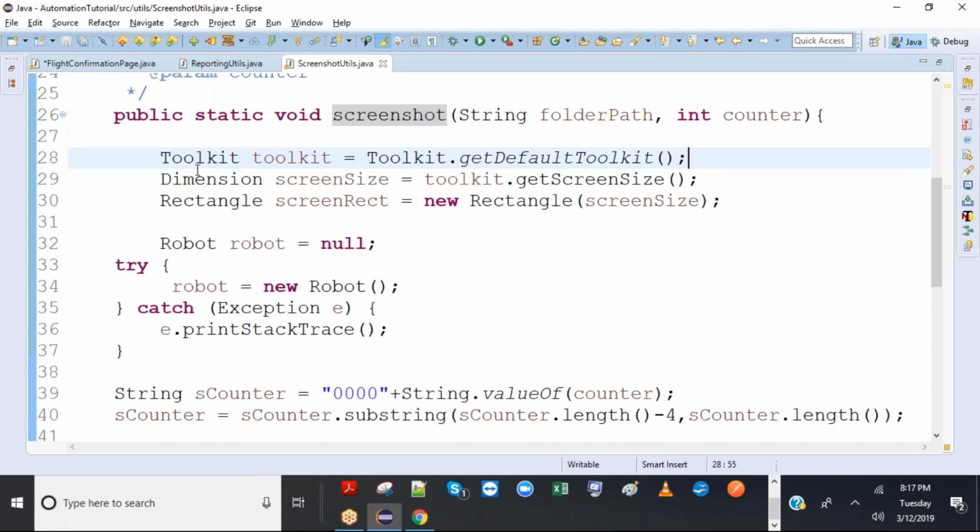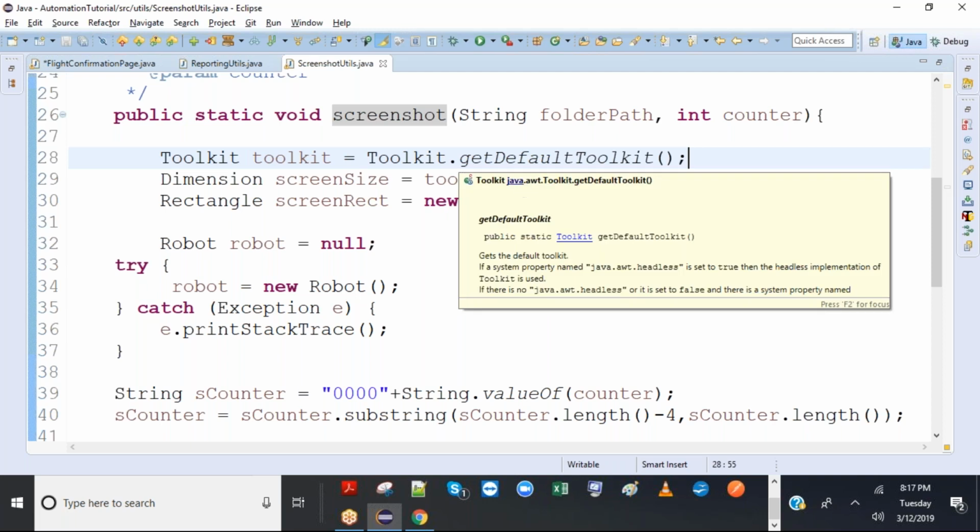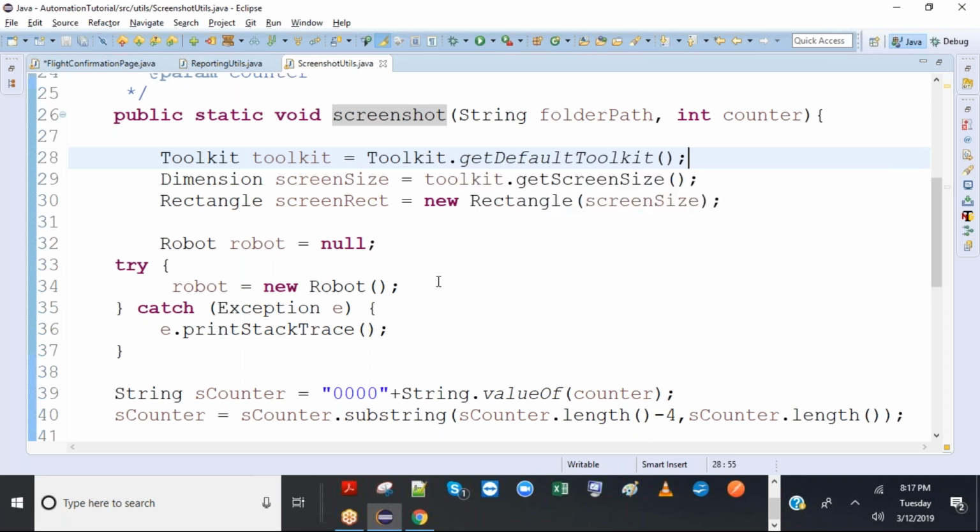So for this I created a toolkit instance and use get default toolkit. Okay, so that will enable you to customize your screenshot size. Like you can go full screen, or you can go rectangle or oval or square, whatever. Okay, so the dimension class has the tool. I assign to the dimension class instance dimension toolkit dot get screen size.